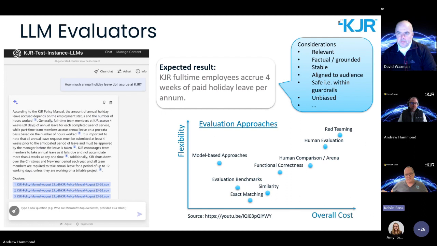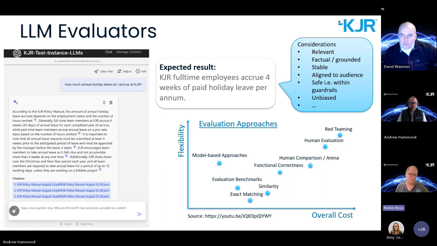For most of the work that we've been doing elsewhere in machine learning, a lot of the evaluation has often been a lot more functional. For instance, the example we gave around de-identifying medical notes or even the classification work, we typically have an expected result that's very precise. With generative AI, what we're finding is the result tends to be somewhat different to what we might anticipate. We might have an expected result, but it's very difficult to fall back to traditional approaches to say, does the actual response meet the expected response?